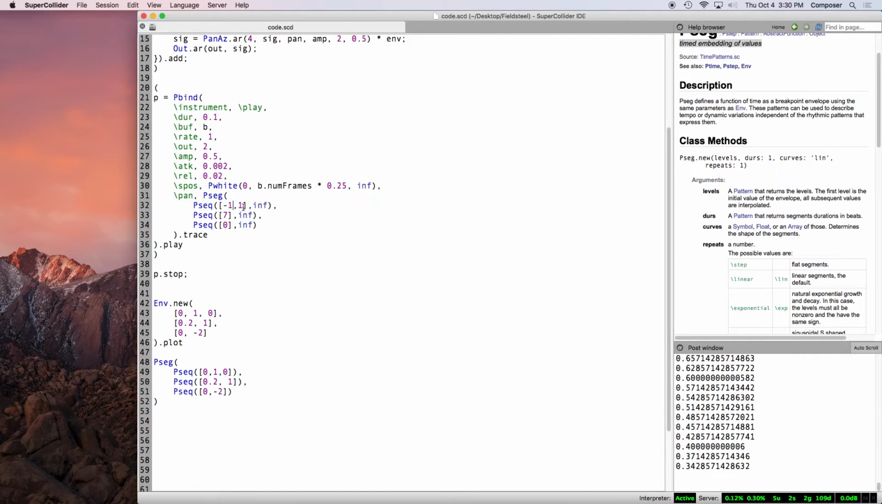Then it says, OK, where am I going? Pseq, give me my next value. OK, it's 1. Great. Durs, what's my next value? 7. Curves, what's my next value? 0. It says, great. I'm going to go from my starting point to 1 over 7 seconds linearly. Okay? And then it says, OK, where am I going next? Right? It's inf, so it's going to go, oh, my next value is,